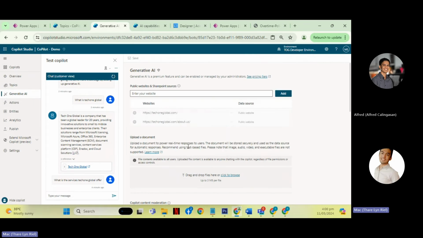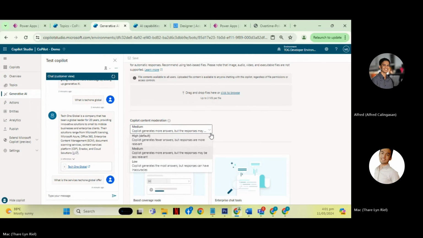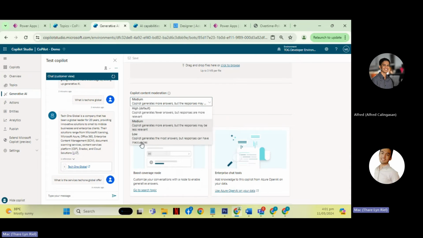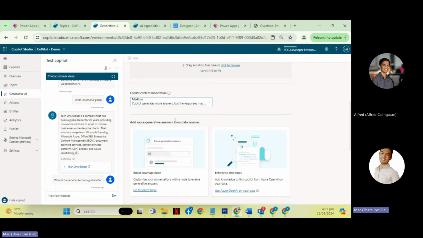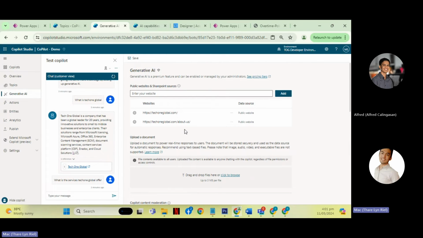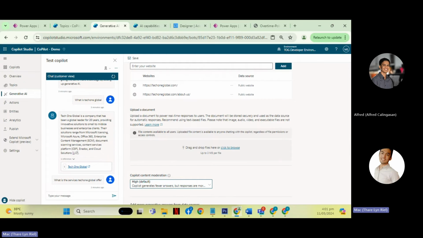And the last one, the low. It will generate most of the answers, but the responses can be off in a few rounds. So basically, we don't recommend this. It's either medium or high to have better outputs.